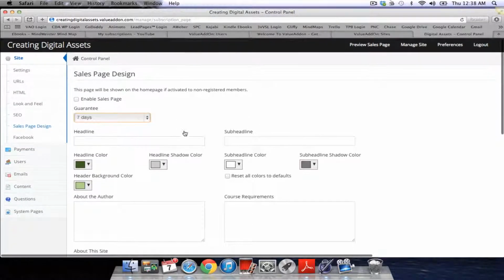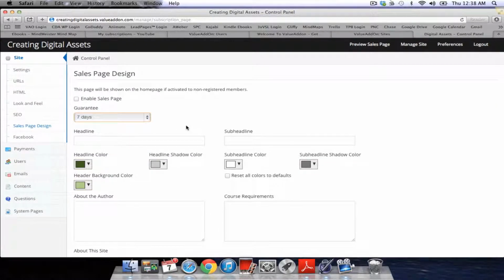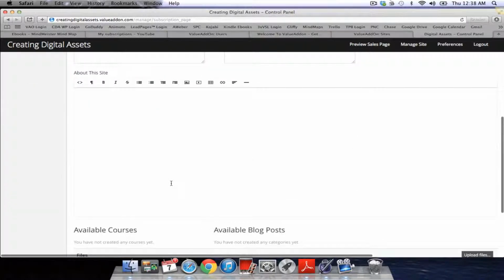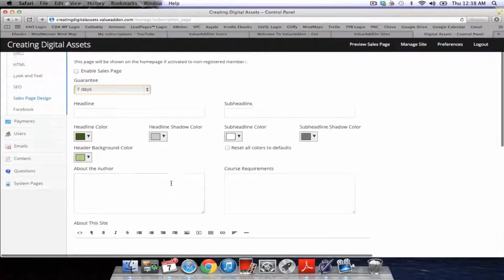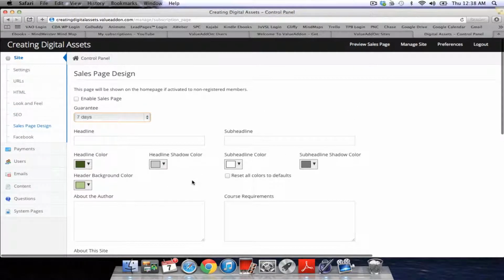I'm not sure what this is. I actually use Leadpages to create a sales page, and furthermore, I'm not even sure if I want to do long form copy for my sales page. I think I want to do a VSL, a video sales letter. So I'm going to just skip over this, but just nice to know that it's here. But I'm not really sure what value this would be for me because I want to do a VSL.